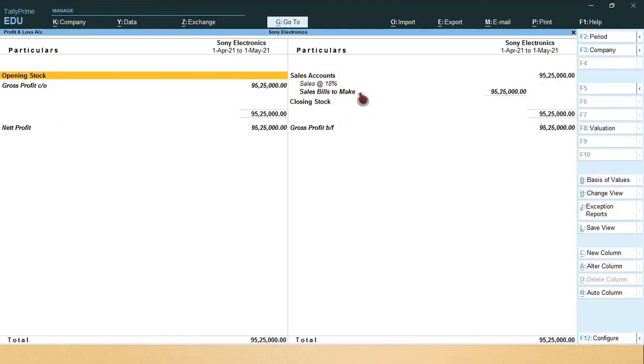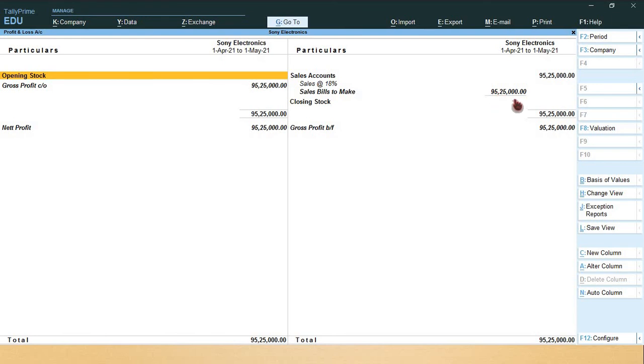See here, sales bills to make. We have already delivered the goods, 75 numbers each, but we are not raising the bill or invoice to the customer. That's why it is showing sales bills to make.